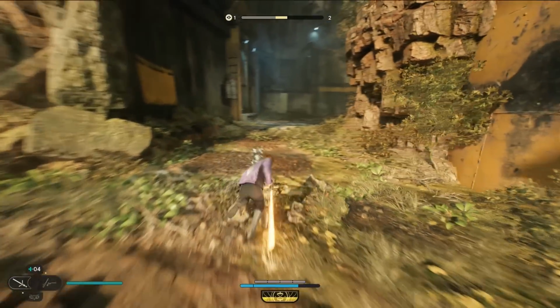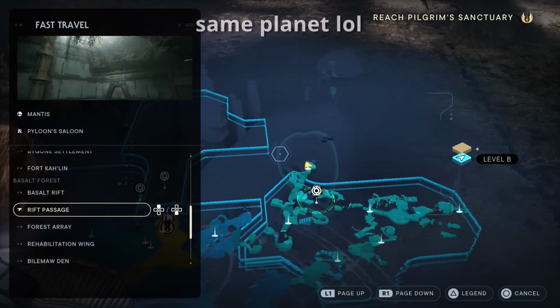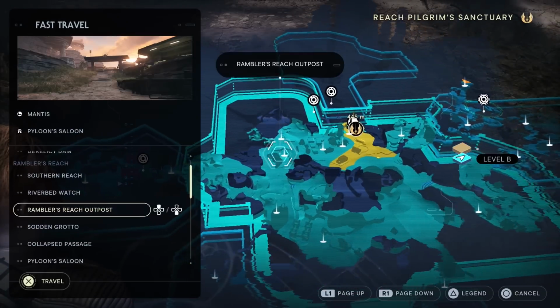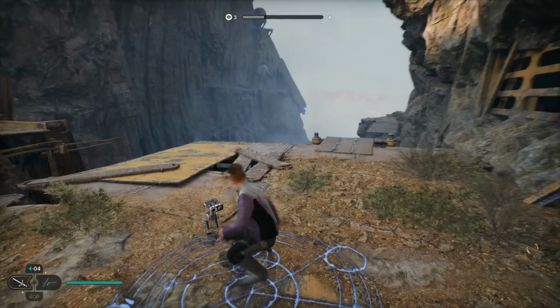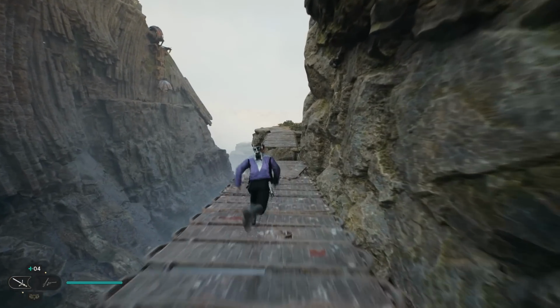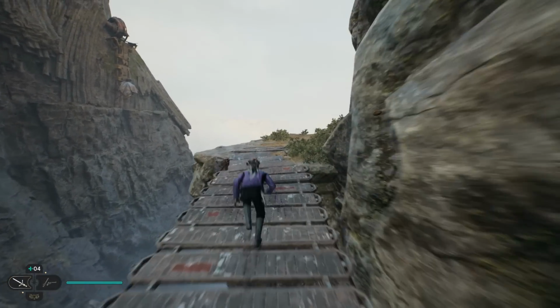For our next XP farm, we're going to head over to Koboh because you can farm this spot for XP super early on in the game. We want to head to this meditation point at Derelict Dam in Koboh. This spot is found very early on in the story within your first couple of hours, and once you get here, you can turn around and run towards a sort of pathway that you wouldn't normally need to go down